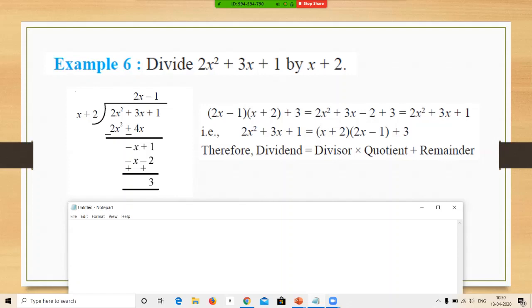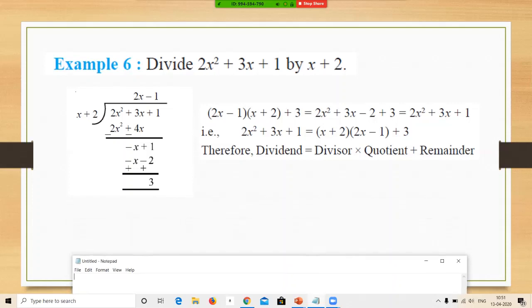That's why I'm taking up these chapters, which can be done easily online by us. And here, can we prove it? Yes, see, dividend is equal to divisor into quotient plus the remainder. If you open this up, you'll get the same thing back. They have not asked us to prove it, so leave it. What you will write, therefore, is this is equal to this into this plus 3. That's your answer.